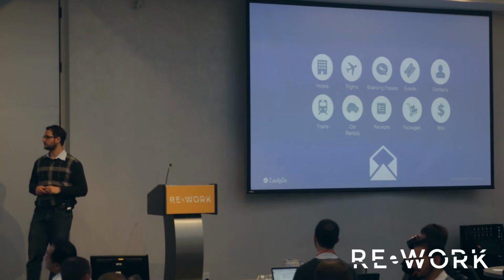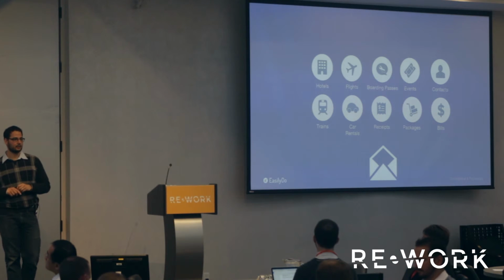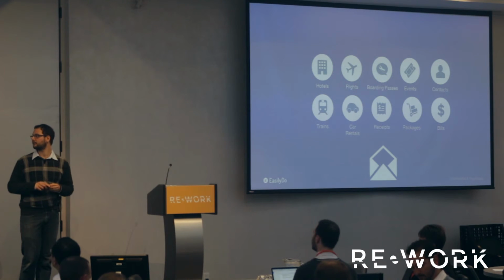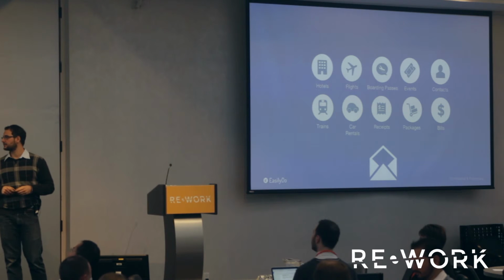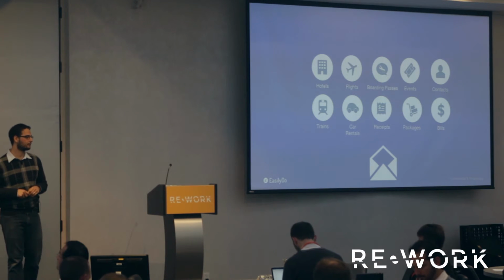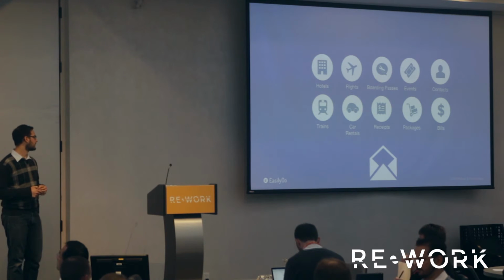So at a high level, these are all of the email types that we can identify in an inbox today that are available through the API. So hotels, letting you know the address of the hotel, the reservation date, the check-in time, the checkout time. We can even provide you with a link to the hotel details. So if you want to know if it is a gym, for example, right, it is an end user, then we can give you that information.